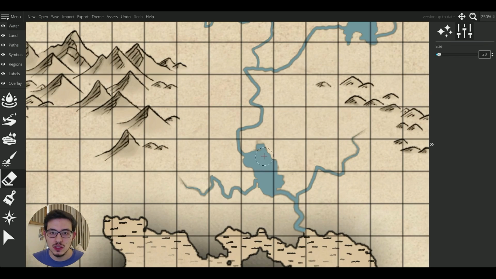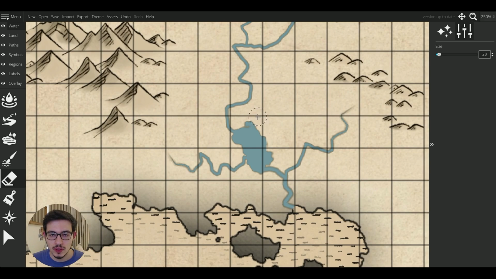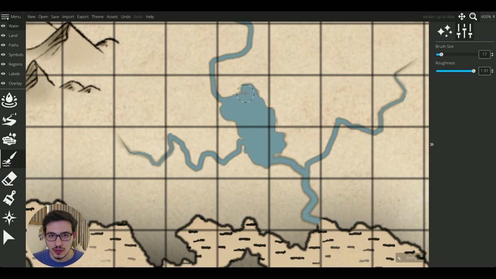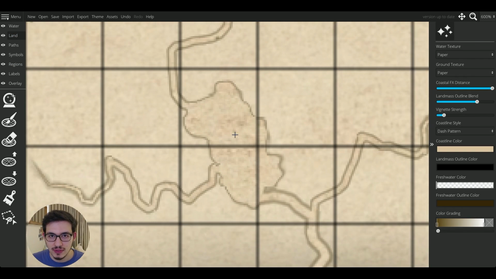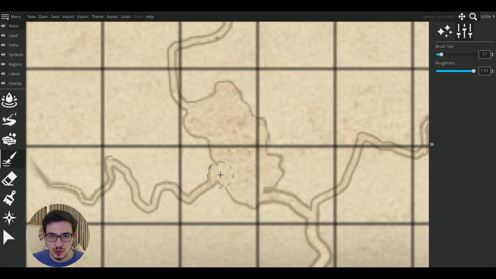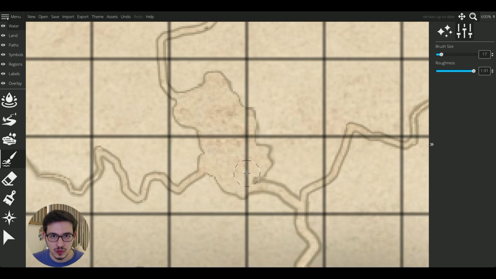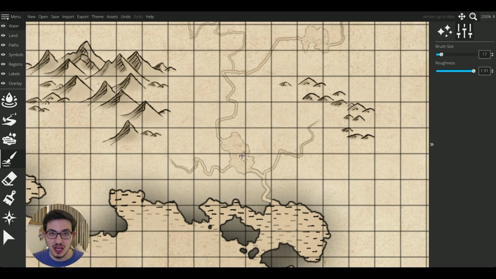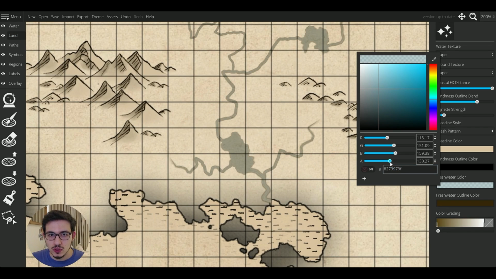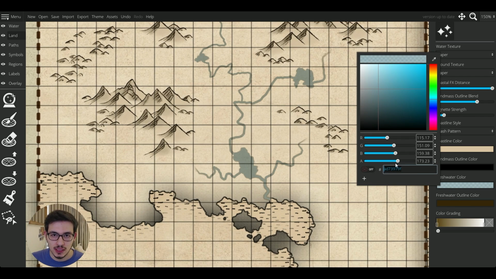And how do I know that? Because the texture is gone. Normally we have a texture here, but that has disappeared. It is because that tool works as a cover, so it doesn't actually color it. It covers it with a color. If you want to use this, you can also tweak the opacity here, but you can also manually color the water. But for that, you need to reduce this all the way down.